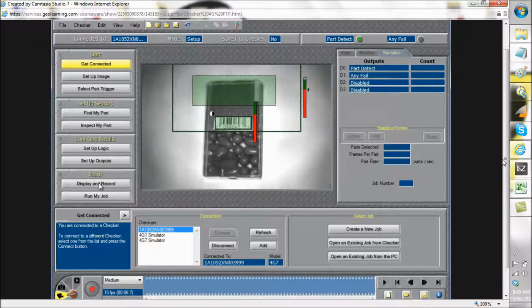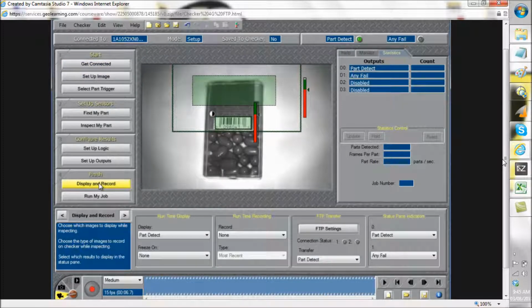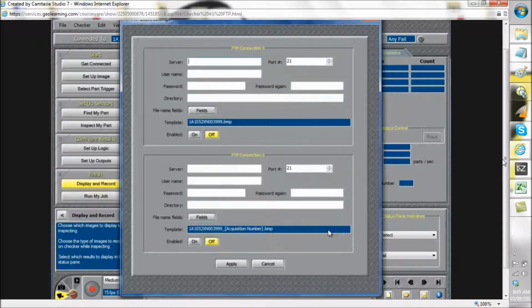Now I move down to my display and record step, and I move to my FTP transfer configuration. Click on FTP settings, and you can see here I have an option to configure 2 FTP connections. Again, Checker has the advantage where it can actually write images to 2 FTP connections at the same time, so you have redundancy in case one of the connections goes down, the other one will be creating backups of the